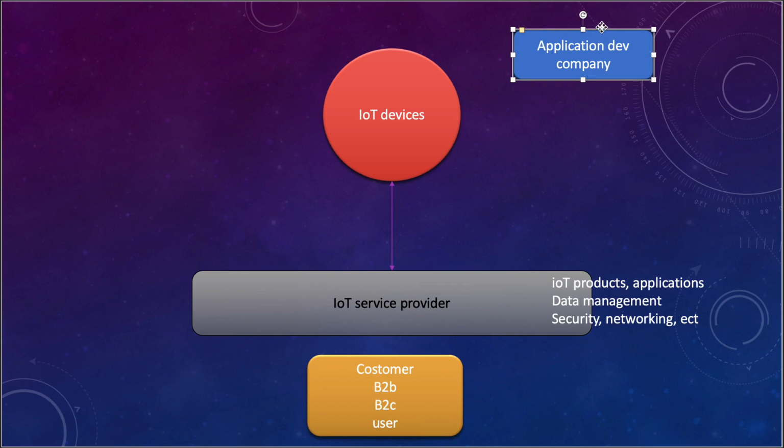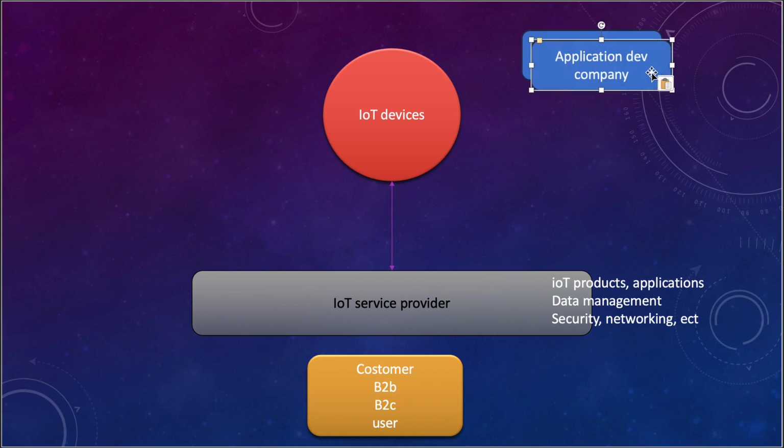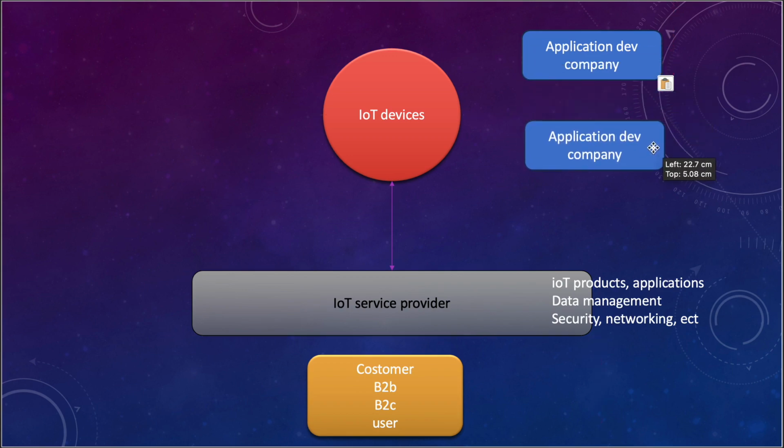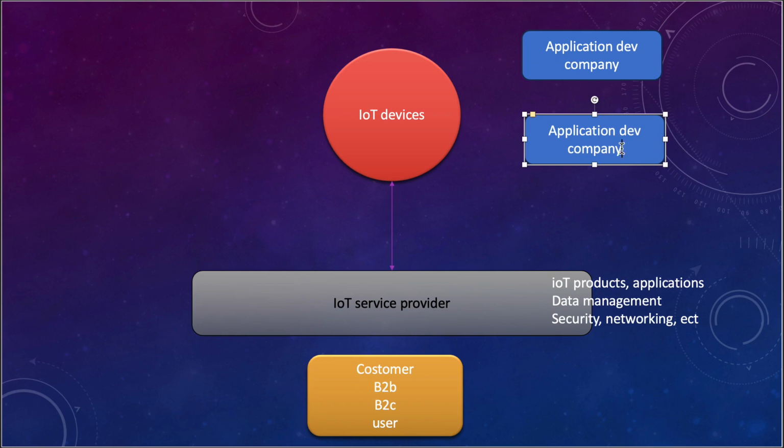The application development company itself would be, let's say, a startup, a small company, so the application development company has to rely on another company for their backend. Let's say backend or